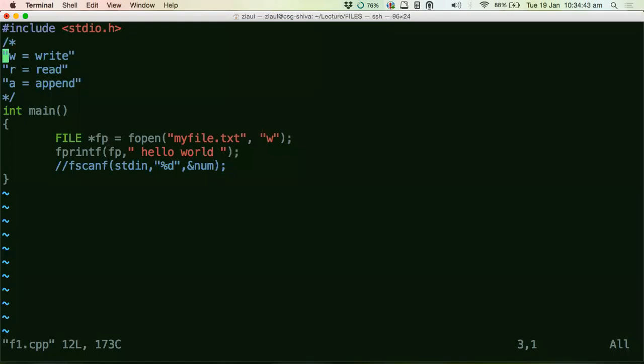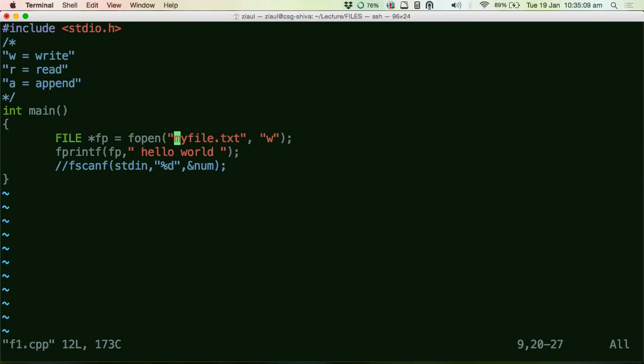See, one important thing, guys. When I use myfile.txt, I did not give any path to this file. As in, I did not say where in my hard disk this file is going to be created. When I just write myfile.txt, it will be created in the directory in which I am running this program. Remember that. Whichever directory I am in when I run this program, this file will be created there.